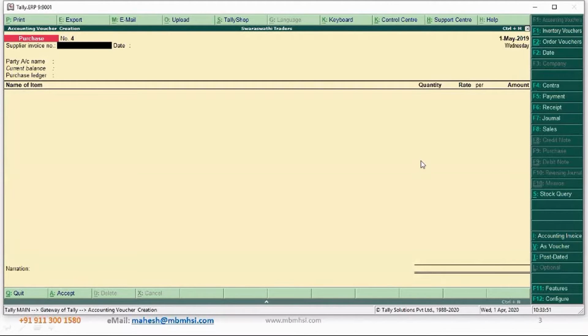Rajesh asks about paying in split or partial with freight charges. Sir, I have not come to the payment entries. This is only the purchase entry I'm showing you. If there are any freight charges that you are paying to the supplier, please add them as part of your purchase entry itself. But if you are paying the freight charges to your freight and carrying and forwarding agent, then you need to account for that separately as a separate voucher.